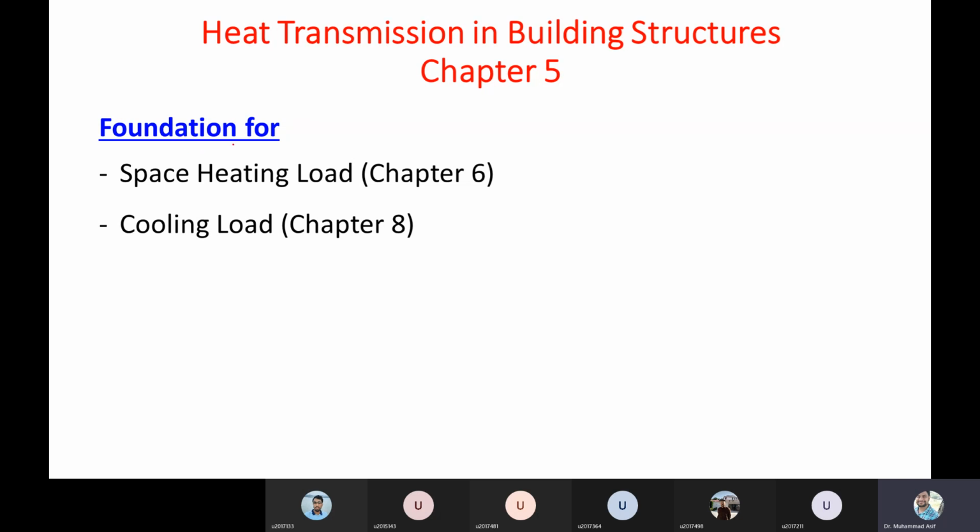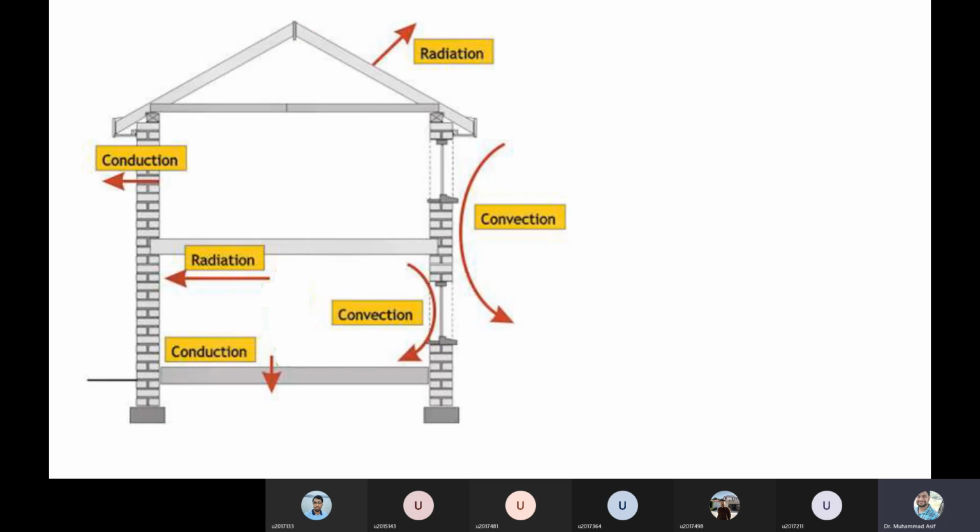Basically, this is a foundation for the space heating load calculation that would be in chapter 6, as well as the cooling load calculation that will be studied in chapter 8. So basically, to calculate the space heating load and the cooling load, the heat transmission through the building is a foundation, right? If you look at this figure, for example, let's assume this is a building, and